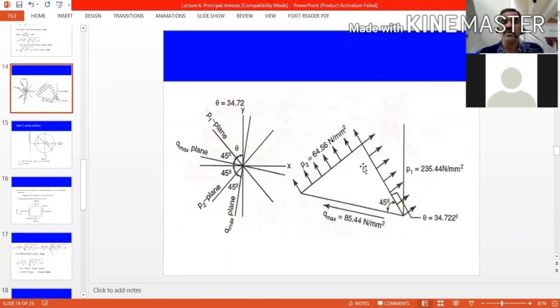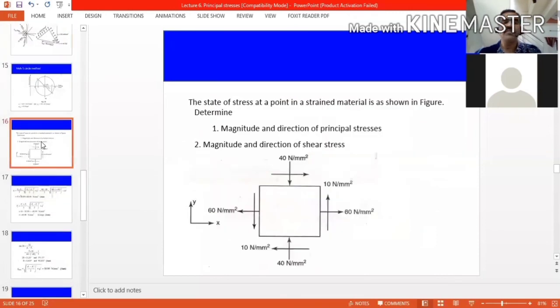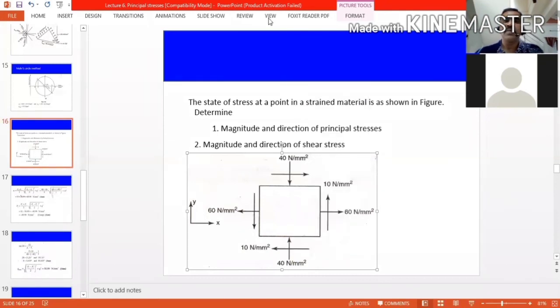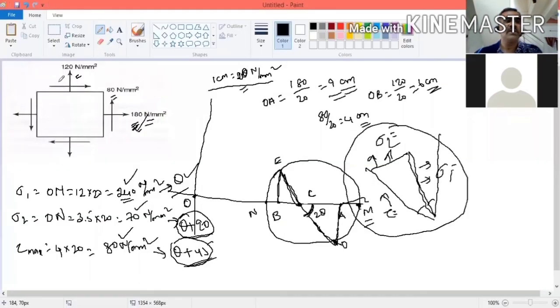P1, sigma 1, sigma 2, tau, right? Now, same way. Other problems also same way. In this problem, the only difference is here sigma x is positive, sigma y is negative, and tau all are given. Now, the same way you can, but if it is compressive, you would put minus. That's all. The only difference is